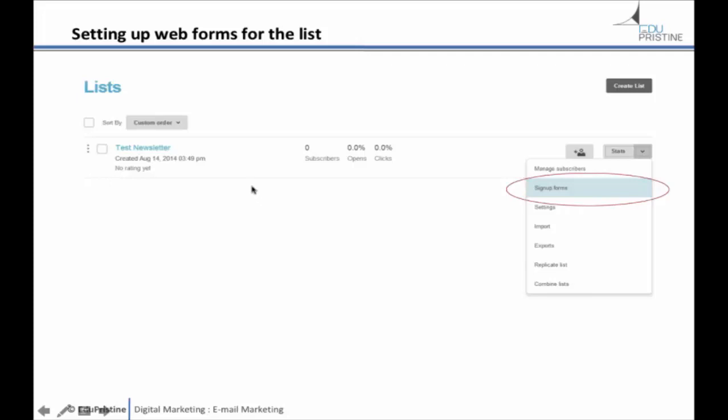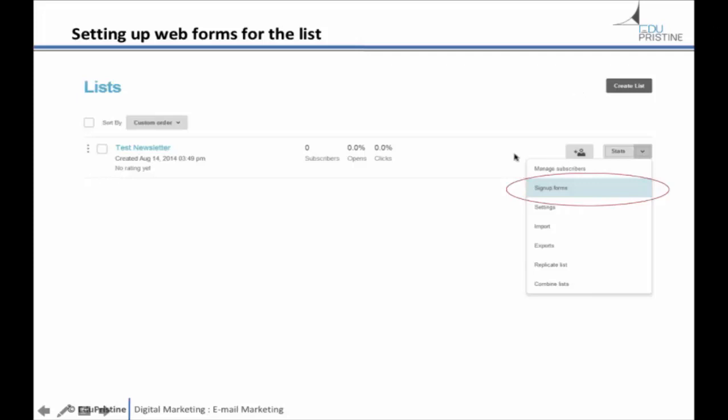Sushil is asking, what is a CSV file? Sushil, CSV file is a comma separated value file. Which means that you have say 100 email addresses. All 100 email addresses would be separated via commas. So that is a format in Excel. You can save an Excel as a CSV file. So that is about CSV files.